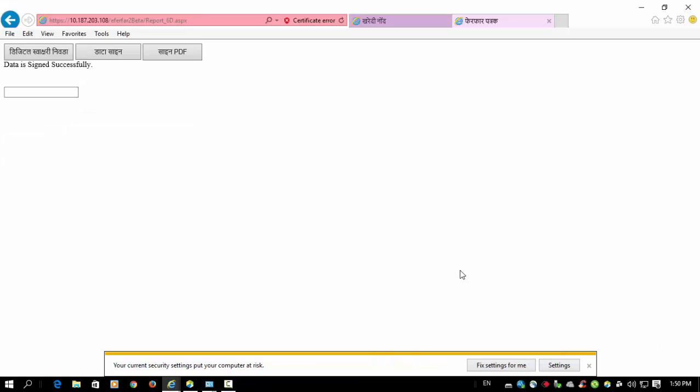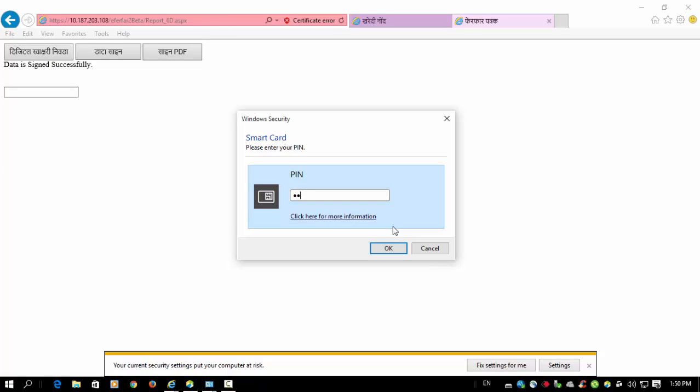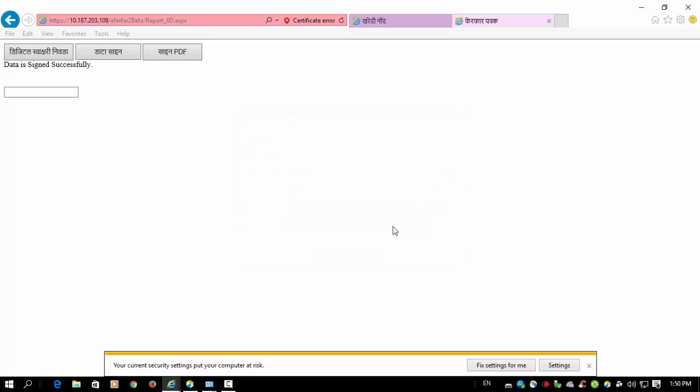After data is signed successfully, we can continue our work. Now it is successfully digitally signed. Data is signed successfully.